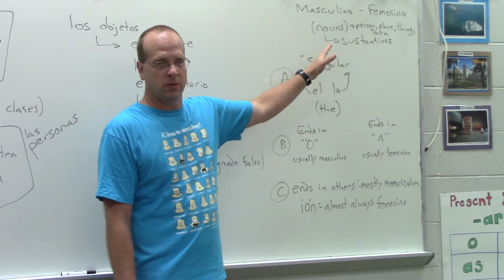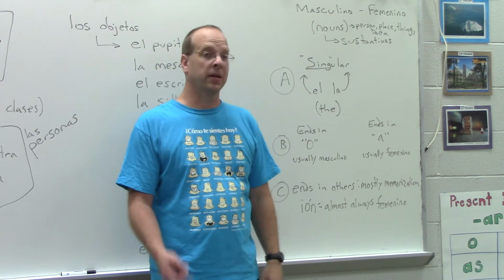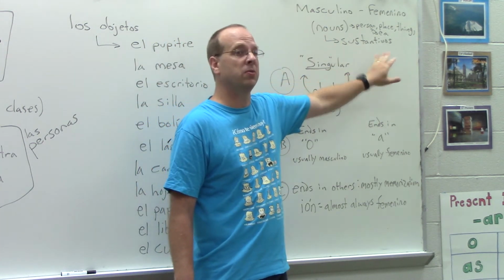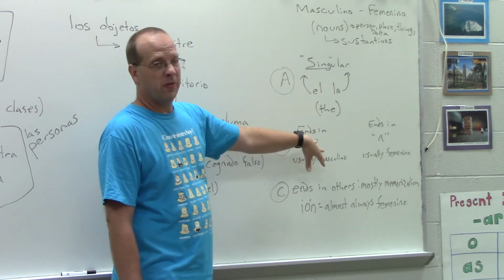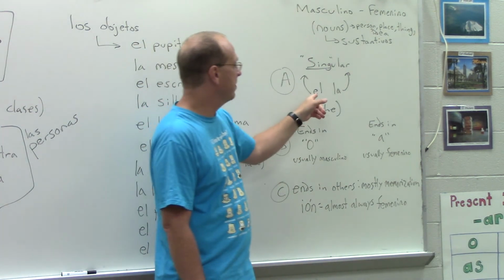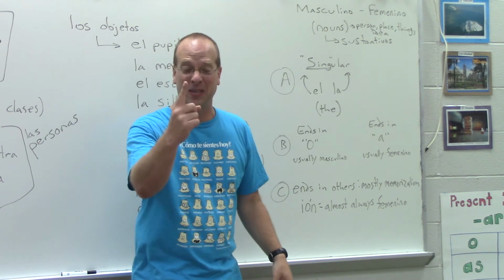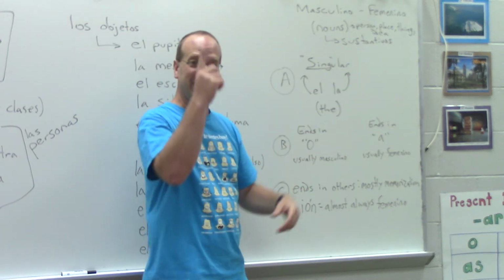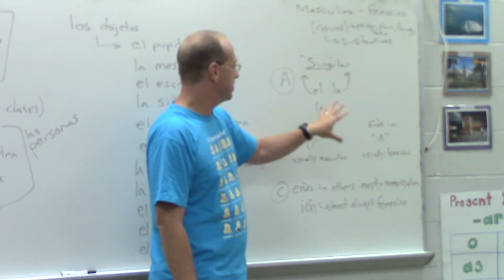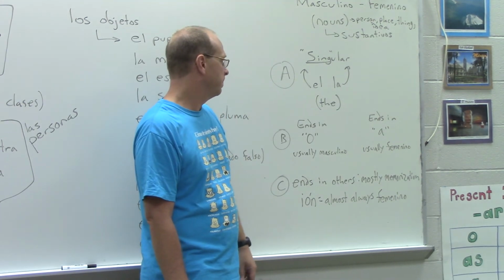I'm talking about nouns. What are nouns? Nouns are people, places, things, and concepts or ideas. Alright, those are nouns. In Spanish, they're called sustantivos. So, right now we're focusing on the singular, which is funny because if you have el and la and you put it together, that's ella, and that's singular for one female. Ella, one singular. Doesn't matter. Okay, so el, la, that's the singular for the word the.